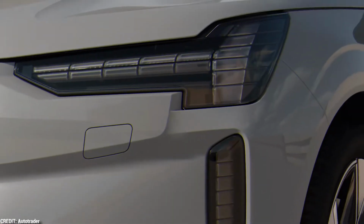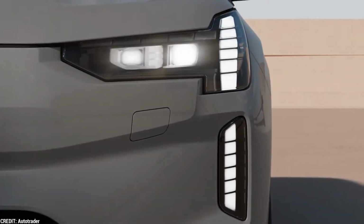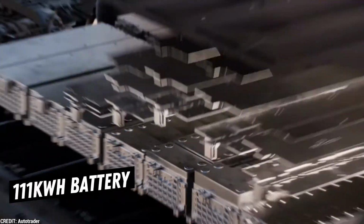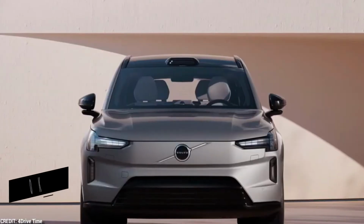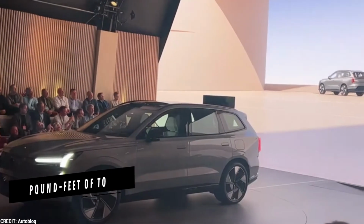bidirectional charging. The first version of the EX90 that will go on sale in 2023 will feature a dual-motor, all-wheel drive powertrain powered by a 111 kilowatt-hour battery and two permanent magnet electric motors delivering 370 kilowatts, 496 horsepower, and